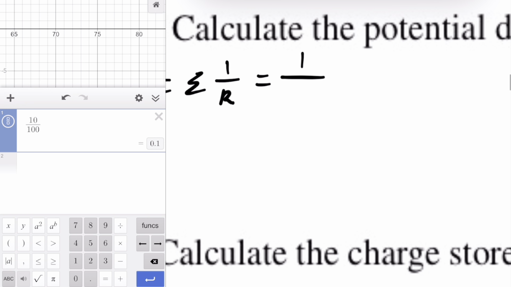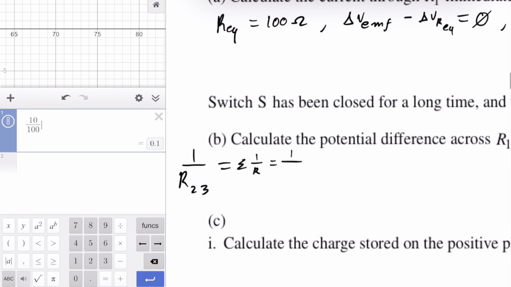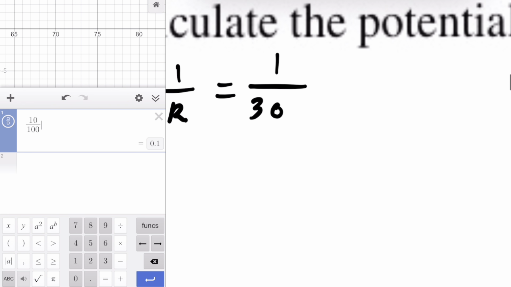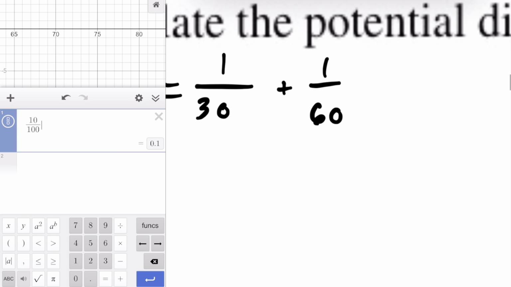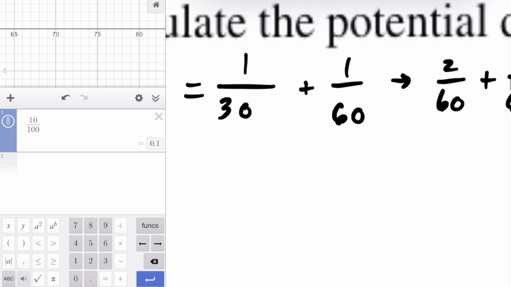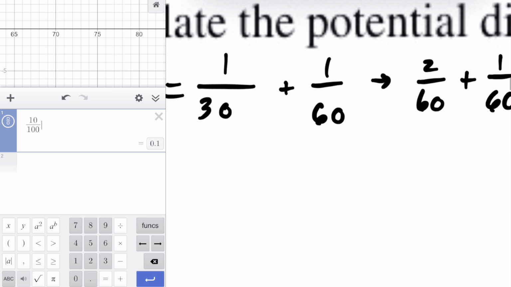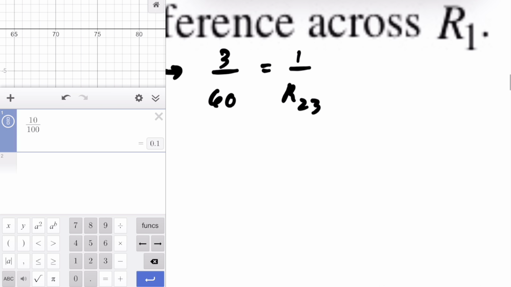So what was the first resistance? I have a bad memory. It was 30 ohms and 60 ohms. So let's just do that. 1 over 30 plus 1 over 60 has to equal 1 over the resistance of both of them together. So now I'll simplify this a bit. I'll get 2 over 60 plus 1 over 60. And you might be saying, well, how did you get 2 over 60? Multiply by 2 on both sides. And this will give me 3 over 60, and that's equal to 1 over R23, which is the equivalent resistance